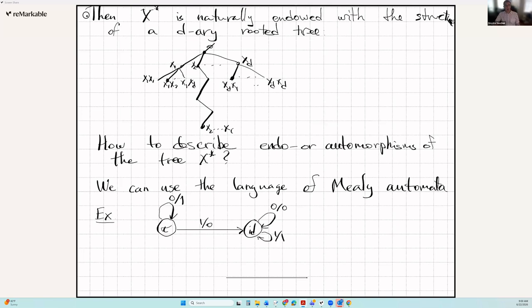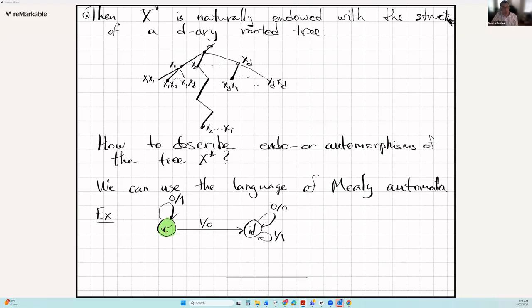Okay. I will not allow just any labelings. There will be certain restrictions on the set of labelings so that we get either endomorphisms or automorphisms, and those restrictions will be very natural. So how does this machine work on the tree? Once you fix a state that's going to be called the initial state of the automaton, let's say that we fix the state tau, then it will read the input word and it will output some word as well.